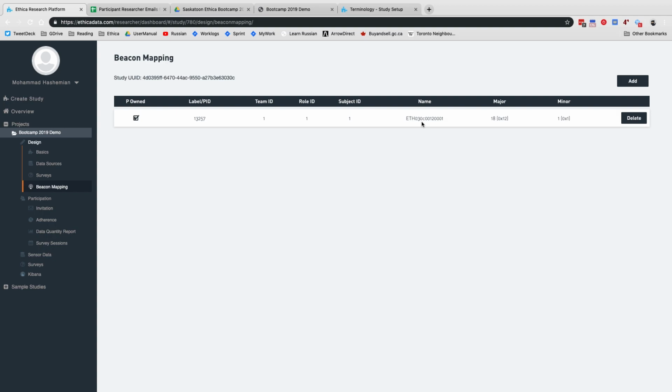Beacons have the advantage that they run a very long time on the battery. I think they run 2 years on a single cell battery, but the problem is that their range is very short. We'll talk about how we can estimate the range based on the RSSI value of the beacons. But the range is short, and if you put one beacon in the gas station, there's a chance that